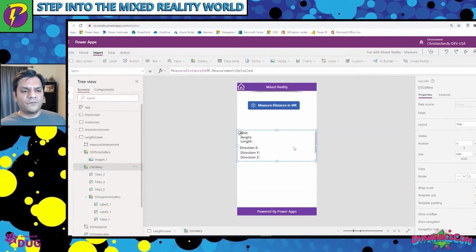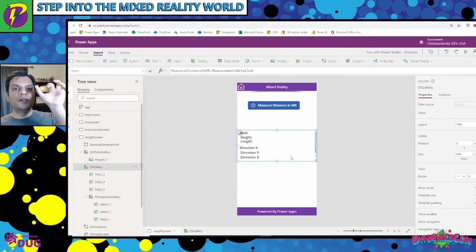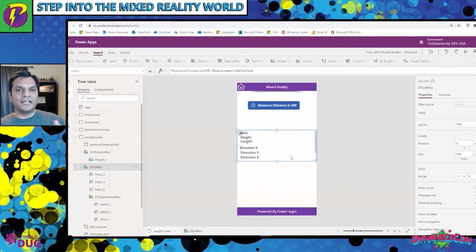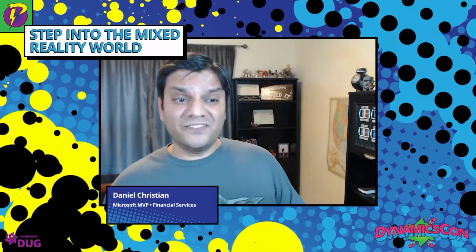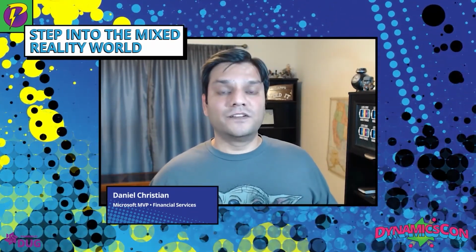And then thereafter, I've created this gallery, and the gallery basically shows me, for that exact measurement point in time when you moved, did you move in the XY, in the negative X, or in the negative Y? This is how it really works. It's fantastic that all you see is the control, and all you did was take a picture, but it's capturing that much information for you to work with.